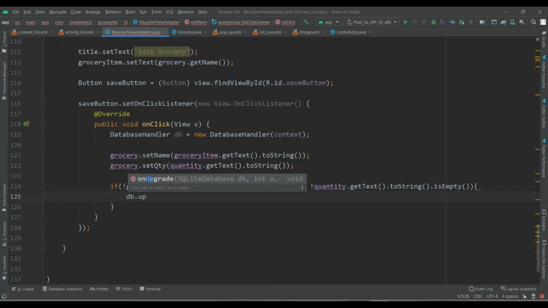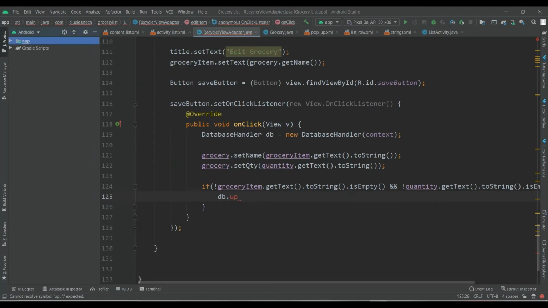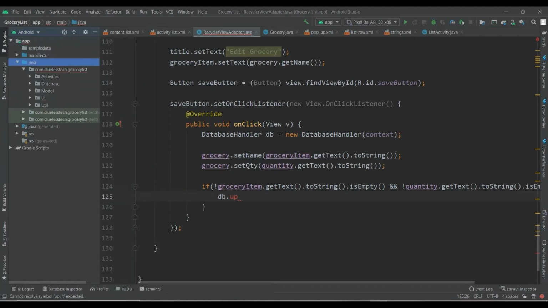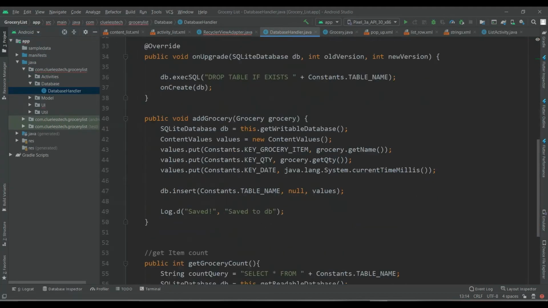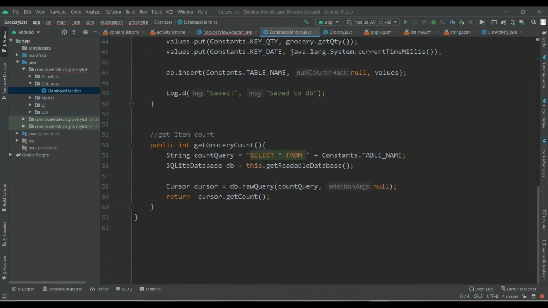Okay, so we first need to create the method inside the database for updating the record. So let's create the method inside this database class, our DatabaseHandler. Here we will create the update record method.